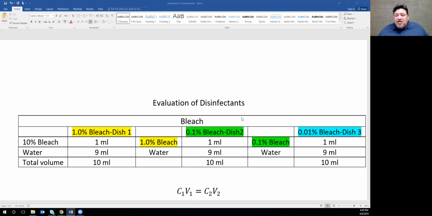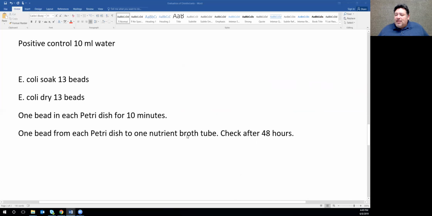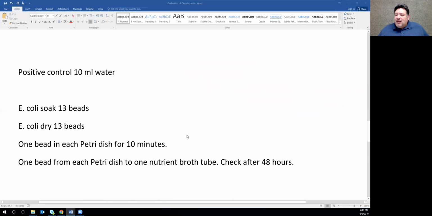So the Petri dishes that you have just used, feel free to discard those in the proper manner by soaking them in 70% isopropyl alcohol and discarding them. But the E. coli, if there's a way for you to return that to its test tube without spilling it on yourself, doing it carefully, and capping that just a little bit longer, please do so. Okay, don't throw this away yet, because we may